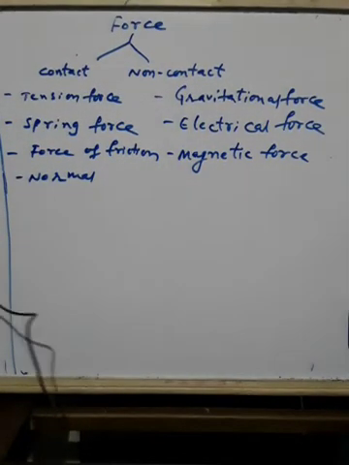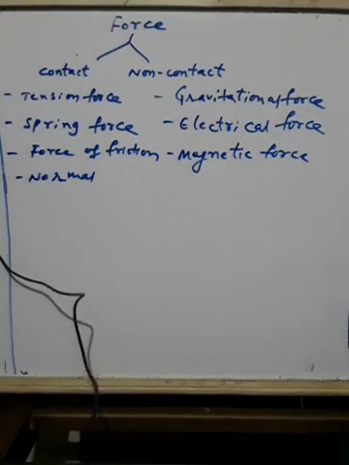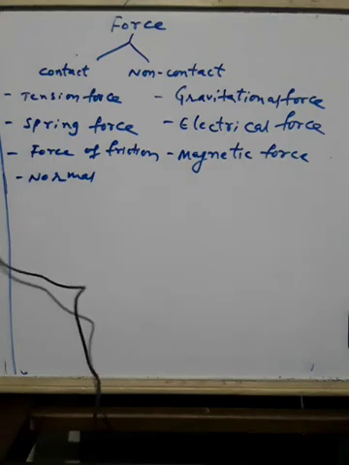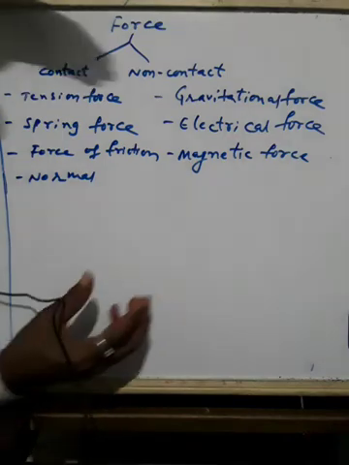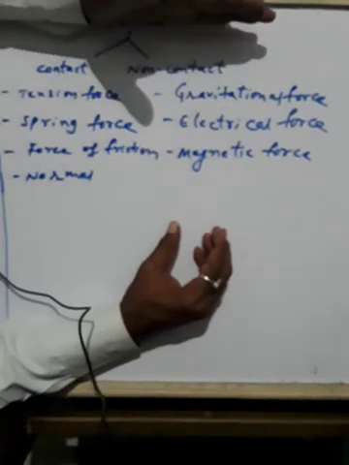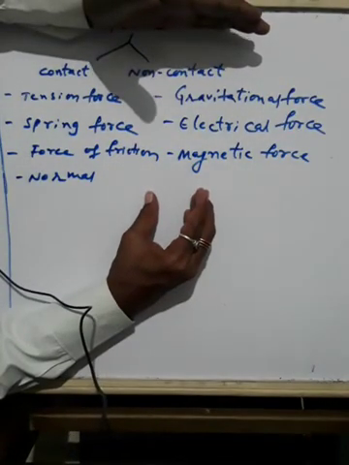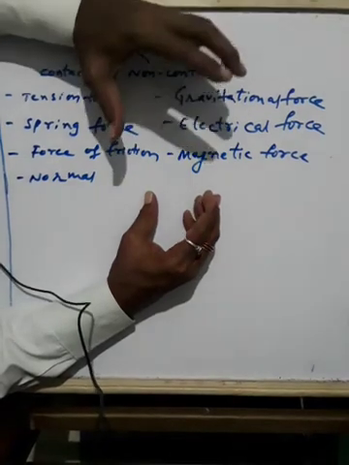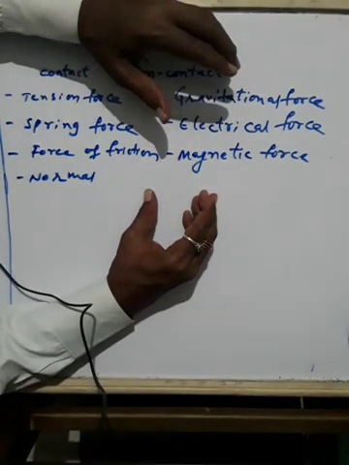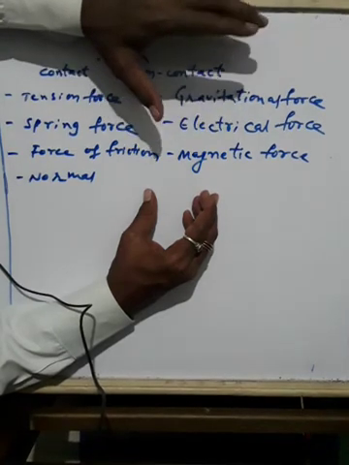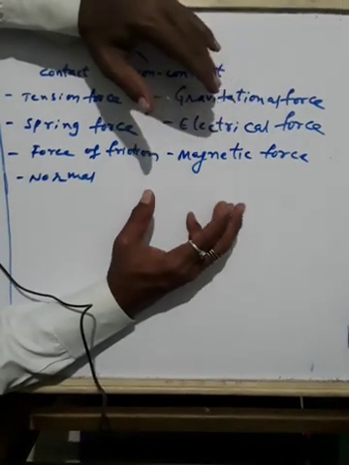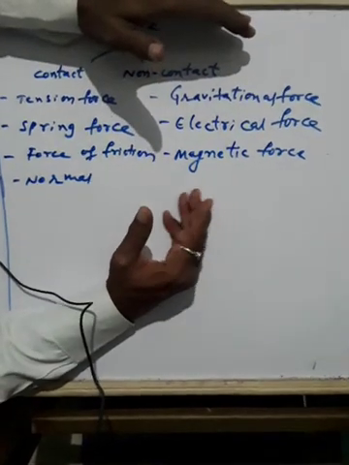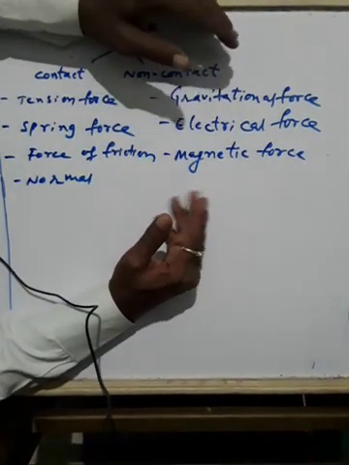Okay. Then what is magnetic force? This is important. The force of attraction or repulsion exerted by a magnet is called magnetic force. When you take a magnet and keep iron at a distance, the iron is attracted by the magnet because of magnetic force. A magnet attracts iron, cobalt or nickel. A magnet exerts force of attraction or repulsion on other magnets. They may attract or they may repel.